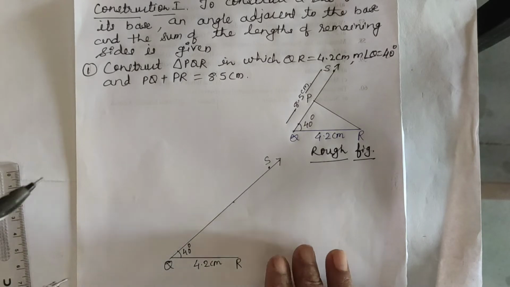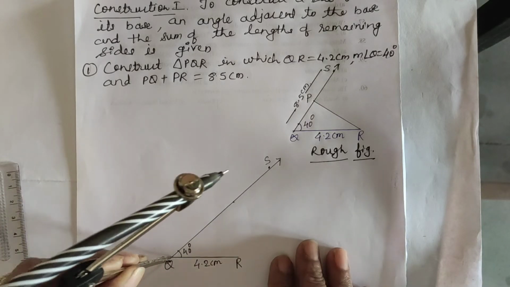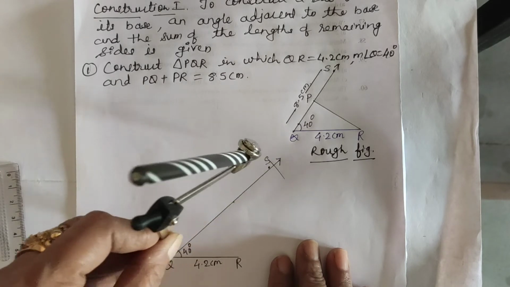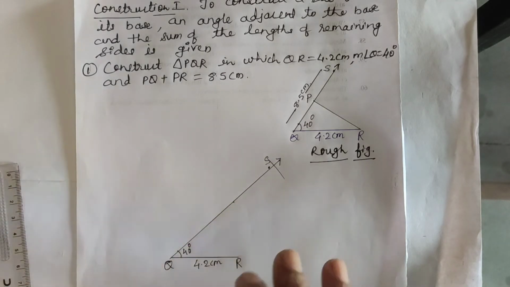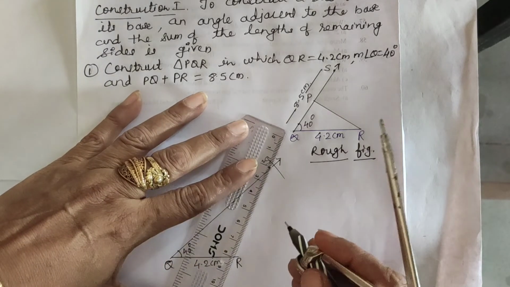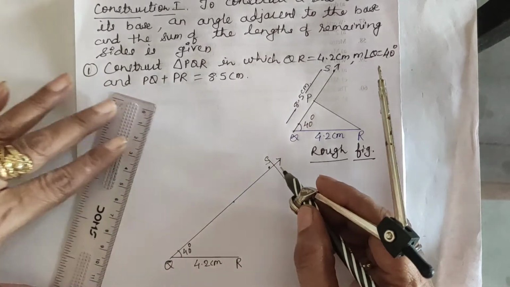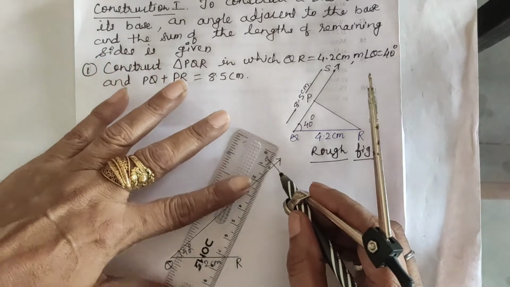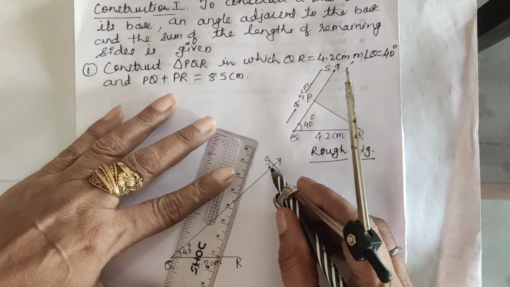Okay. Now Q will be the center, and draw an arc cutting on this point. Okay, so this is the arc which we have drawn on it. And now after that, what you have to do, you have to join this, where we have drawn the ray through that point of intersection. That is, this is the point of intersection.